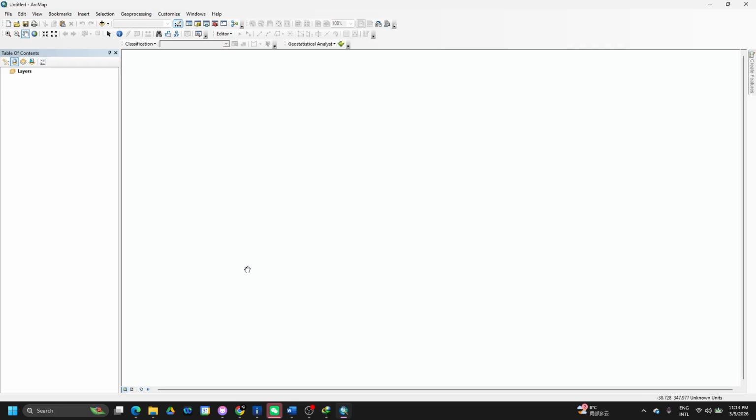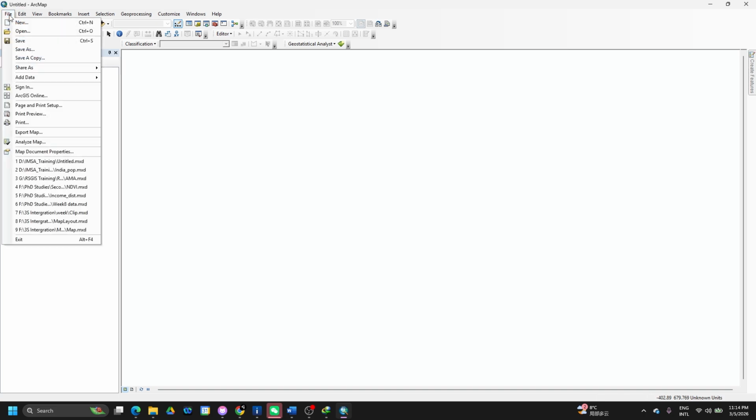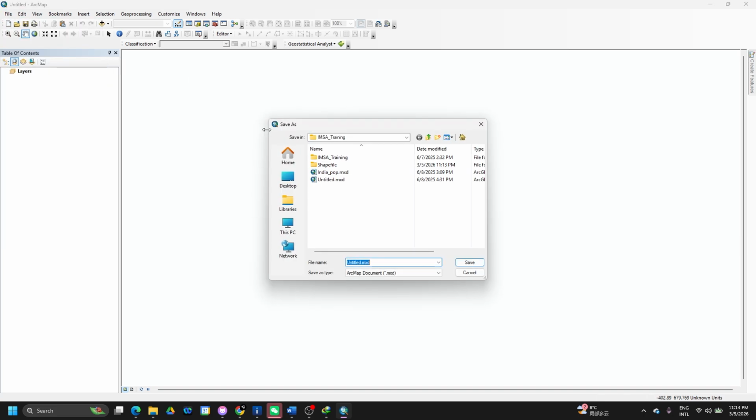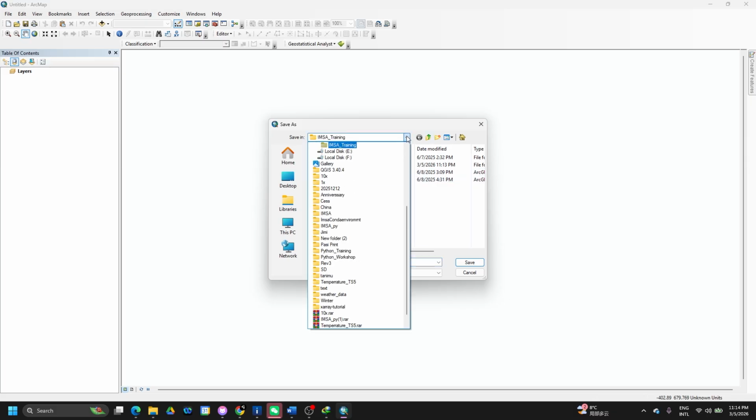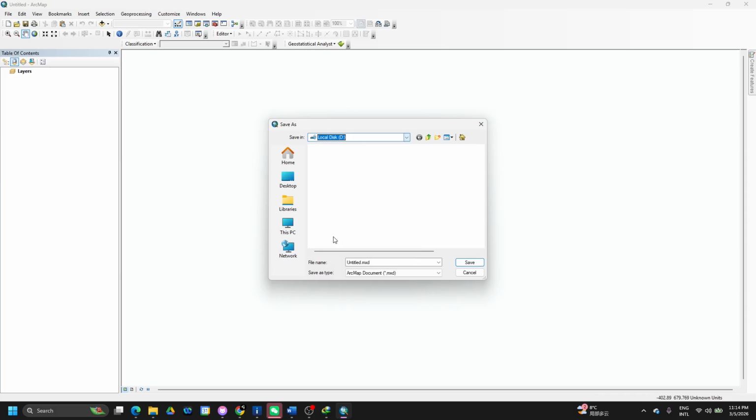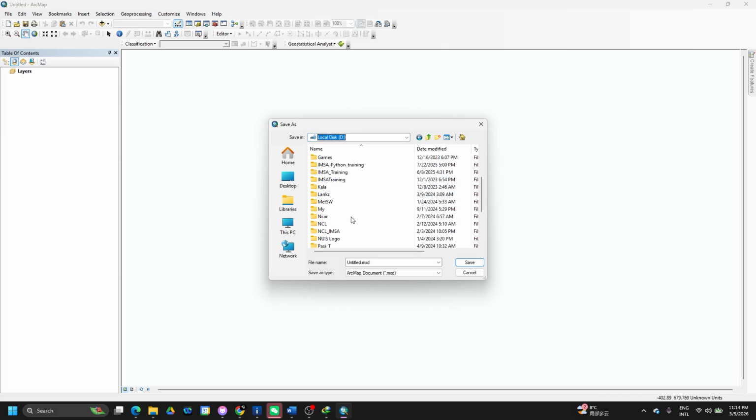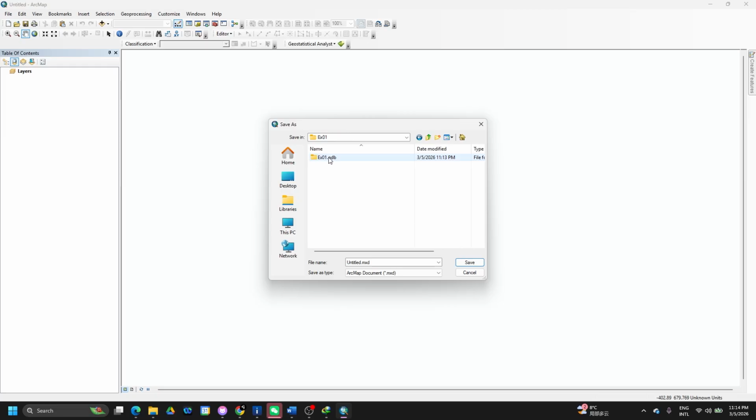Now I need to import the data over here. Before that, I will save this project. I will click file and then save as. I will go and select my folder which I have selected previously in my D drive, CMBA40 prac ex1. Over here I will save this one as ex1 dot